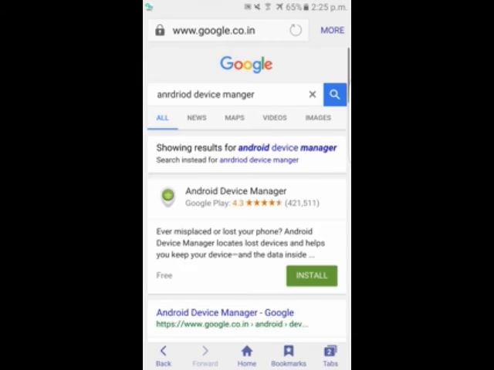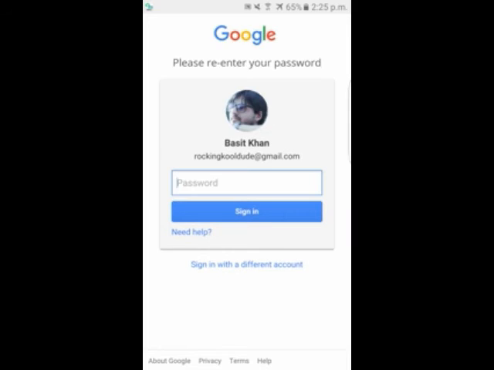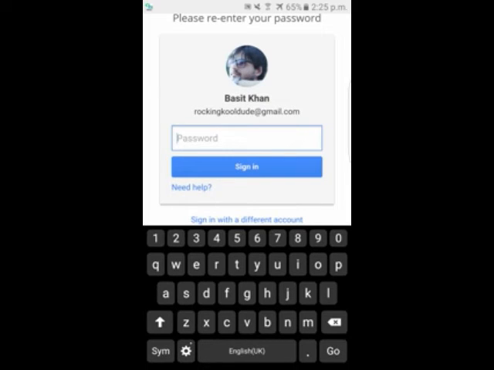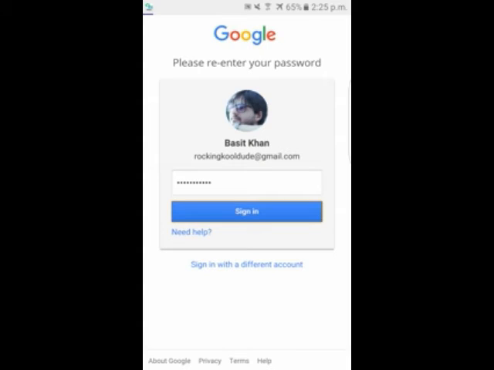When you click the search option, the link comes up. When the link comes, it will ask you for the username, your Gmail ID, and the password. I'm going to write down the password, and then click on sign in.